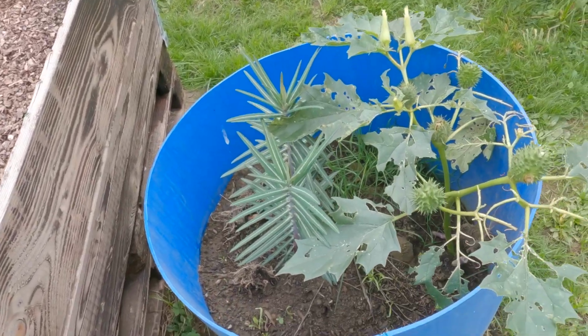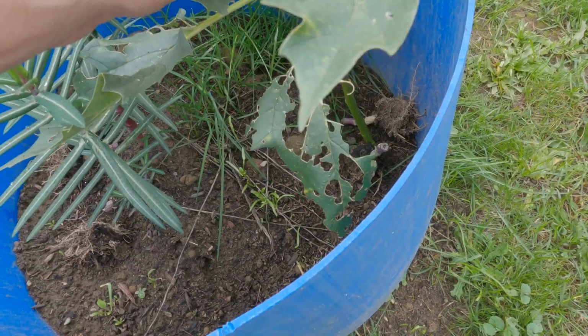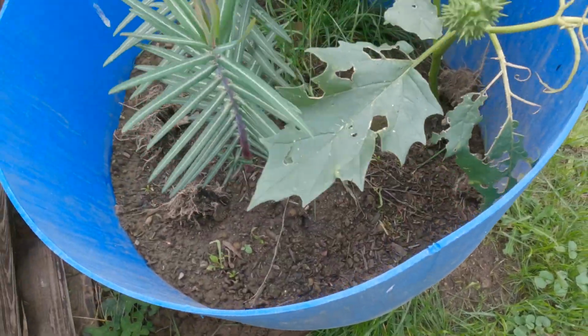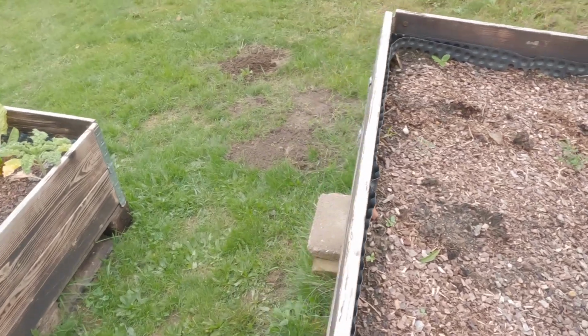These are just some weeds that popped up. Really cool looking plants. Not sure what they are, but they just came out of the compost. This was just some compost that was left over. So we'll be taking these